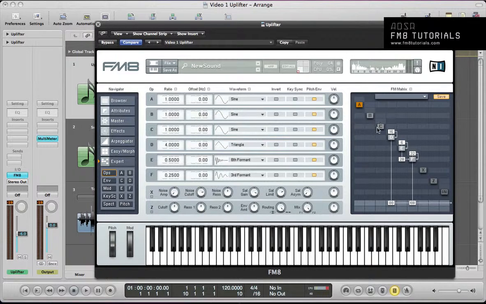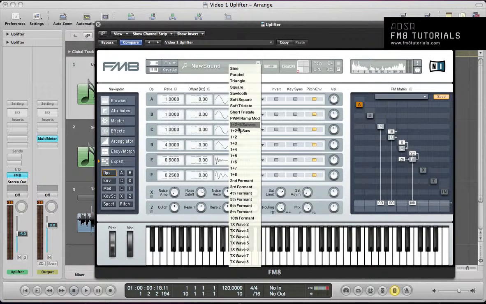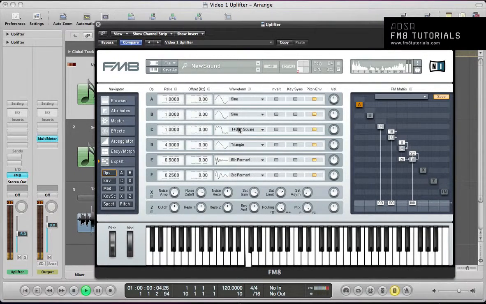And operator C next, turn that on, and this can just route straight to the output around a similar volume to D, so 88. And we can just keep the ratio at 1 but change the waveform to 1 plus 3 plus 5 square,